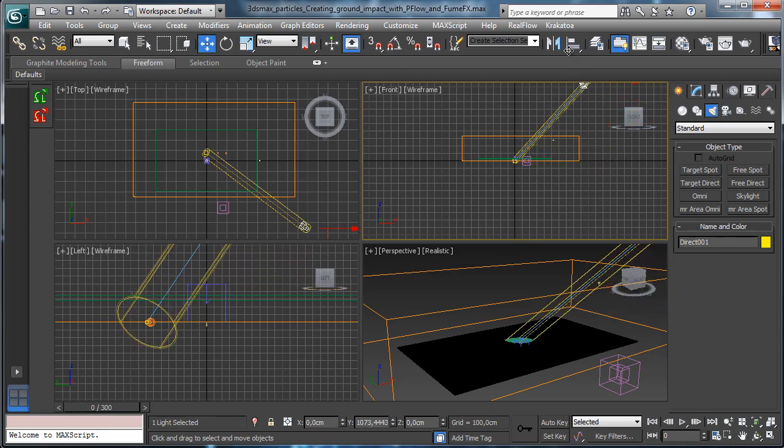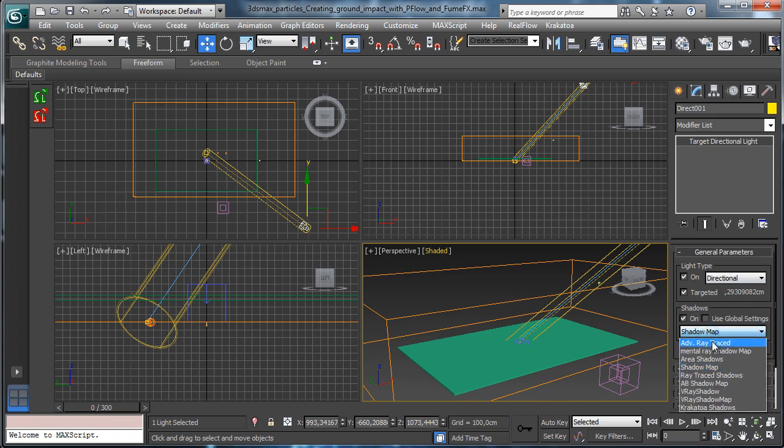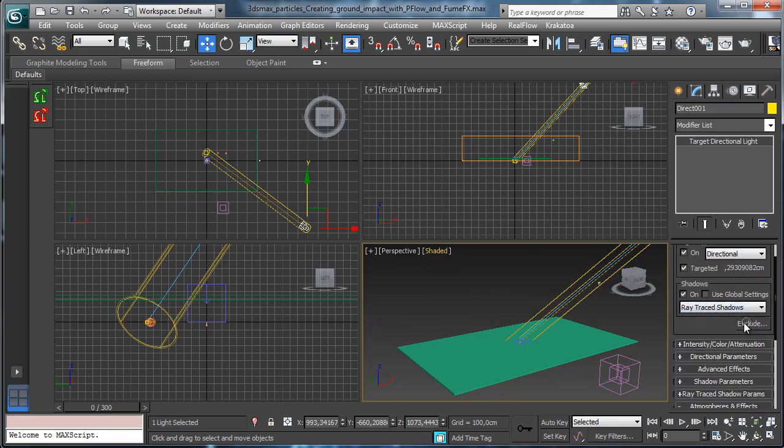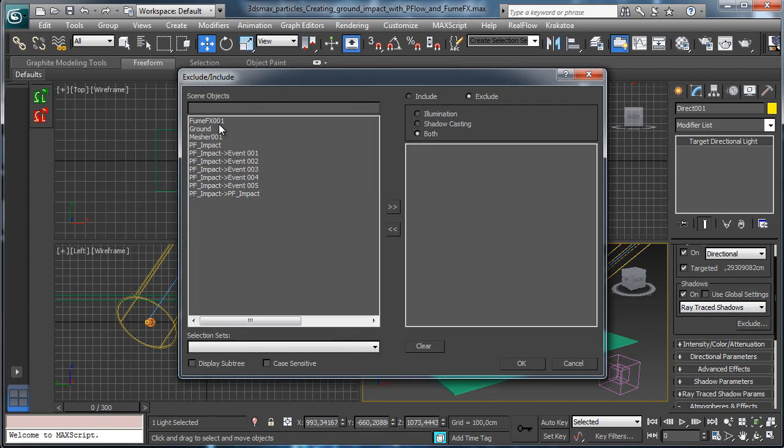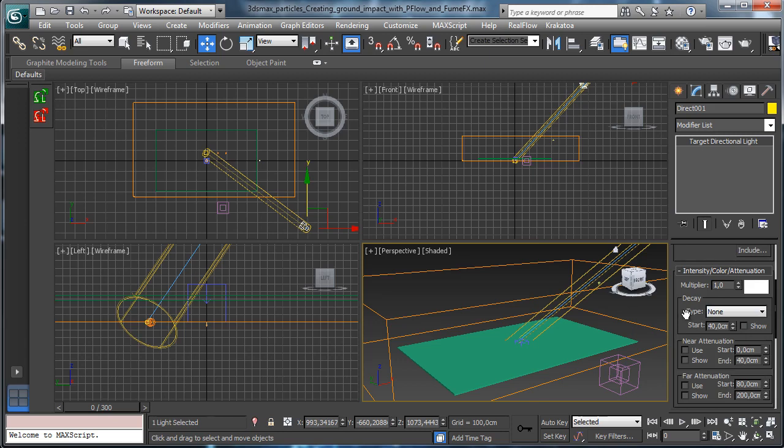Then we can move it. Let's go for a shaded view. We have the shadows, and we have ray traced shadows. Let's go to have just shadows, for I don't like to have shadows for these particles there, so let's go to include just FumeFX and ground. Okay, and then let's go to say to the particles that are not renderable, but before we have to